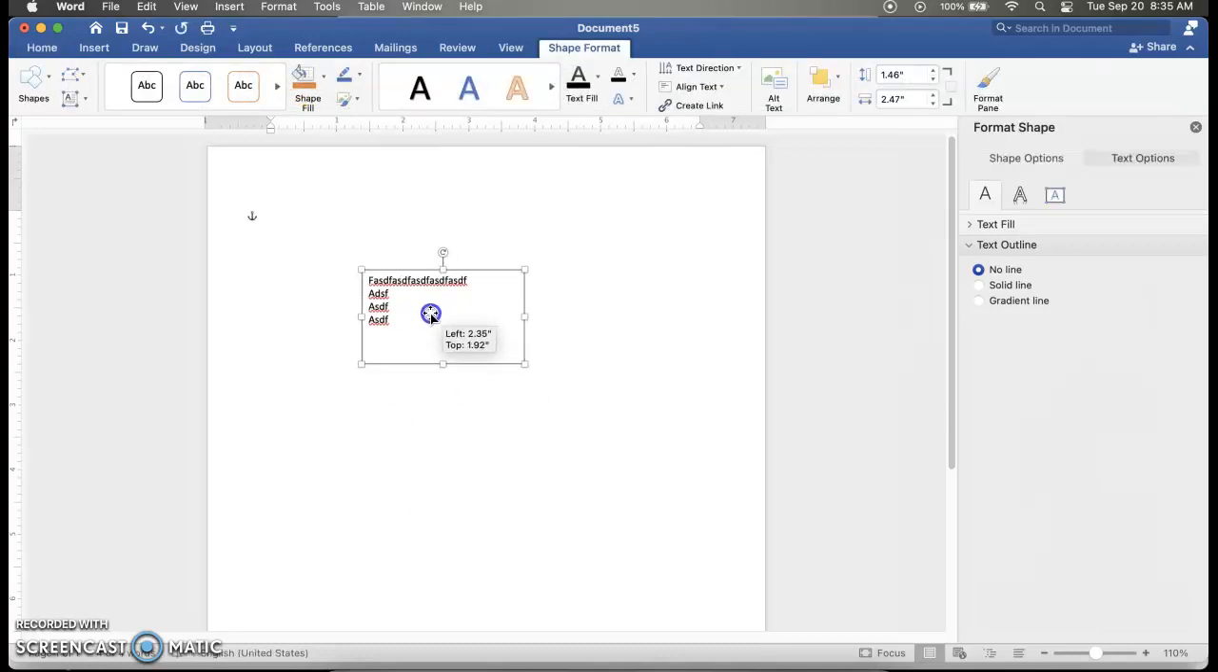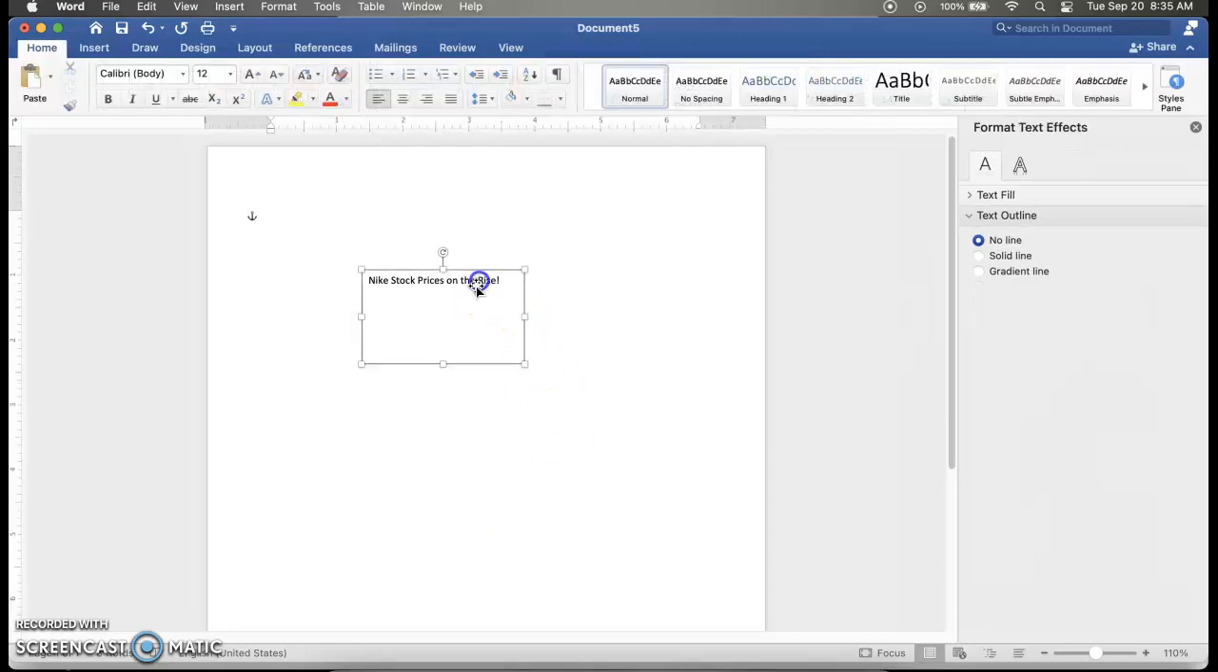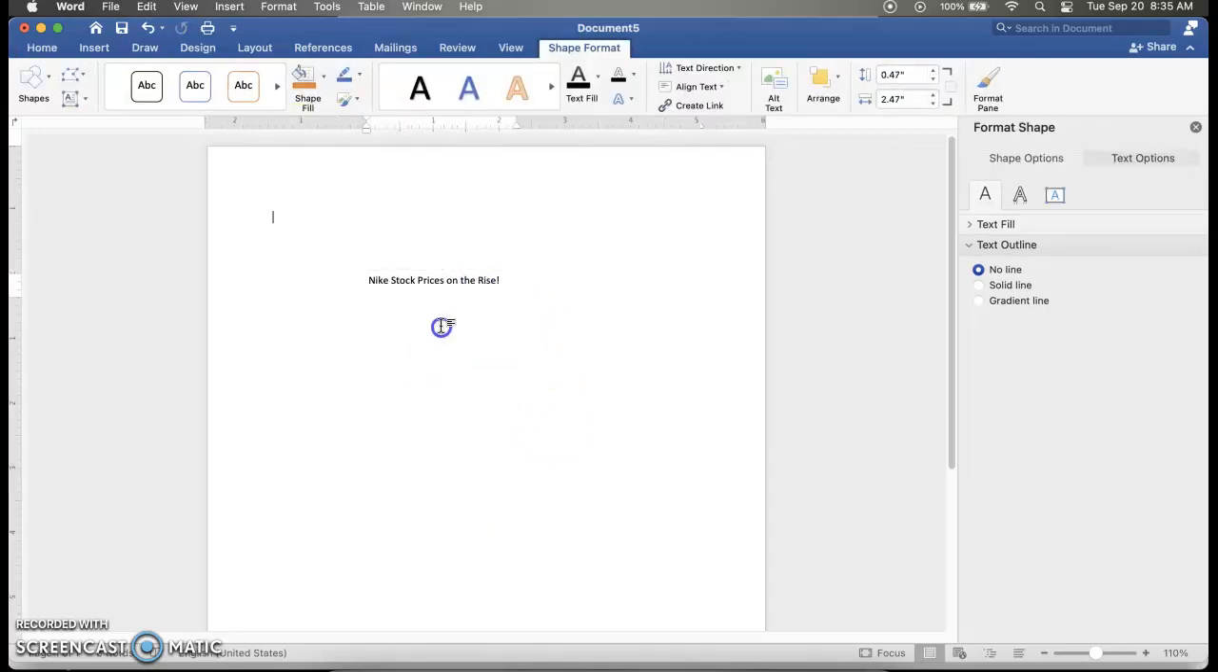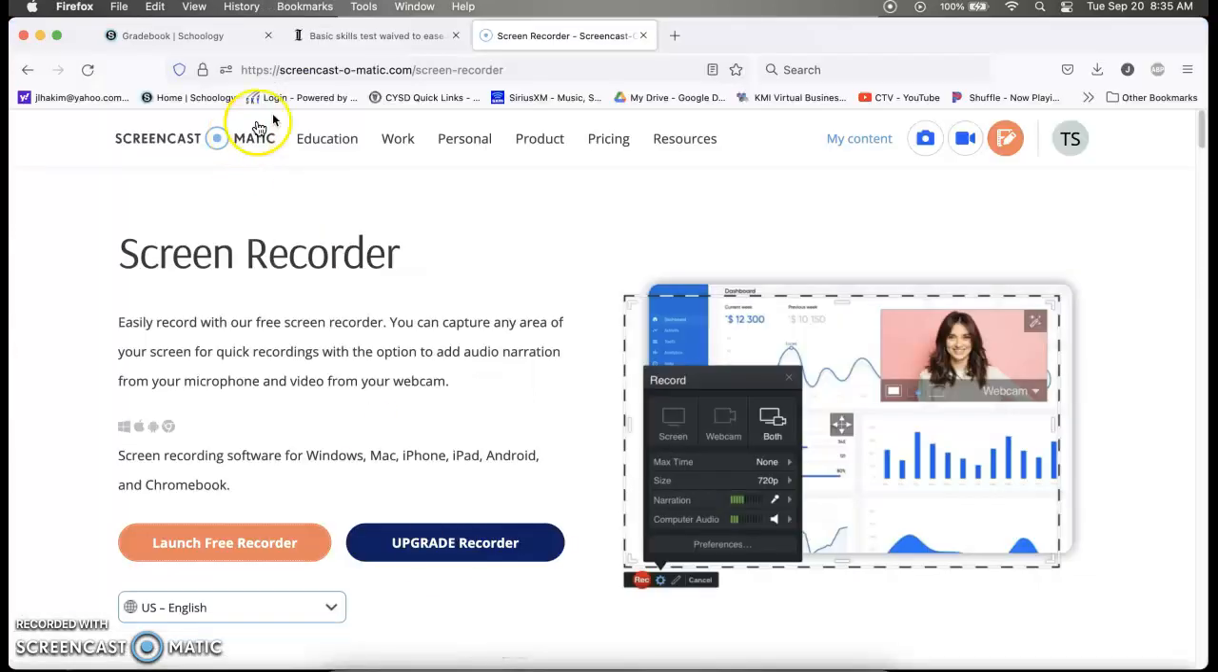Now, in this activity, we're going to be inserting a picture along with our text box. So it said Nike stock prices on the rise. Okay, so look, I got a huge text box. Don't need that. All right, so we'll just go like this. All right, now I'm going to pop over to